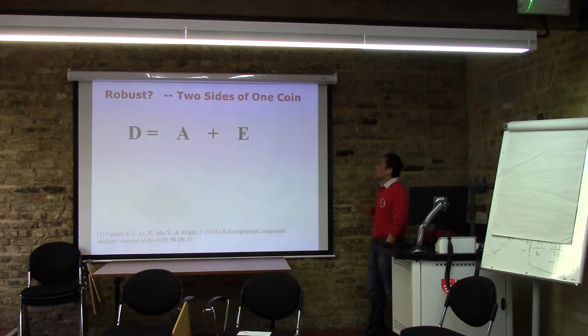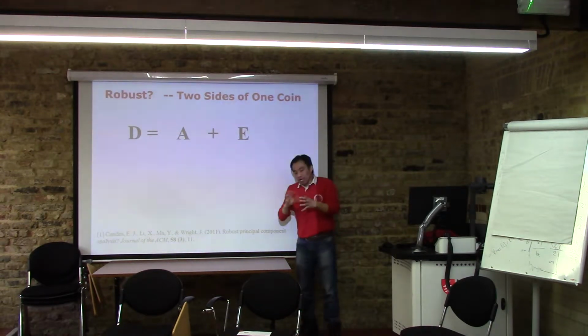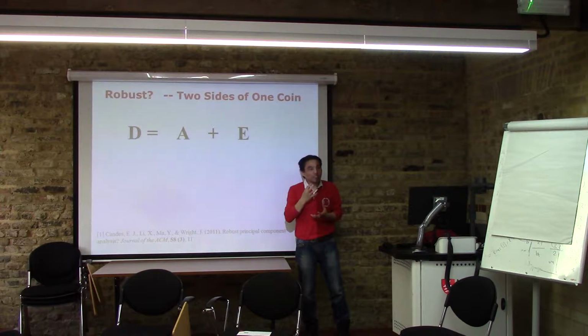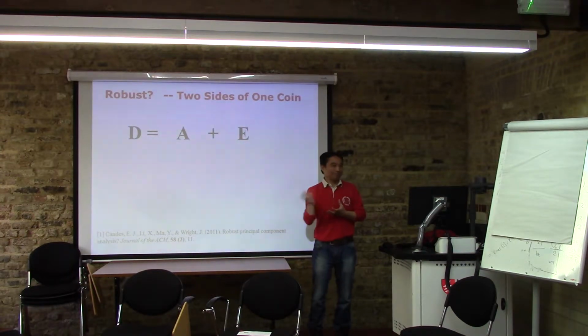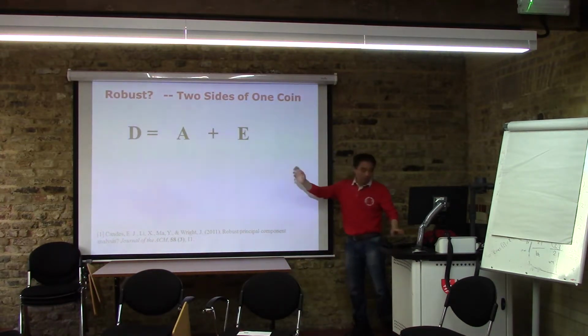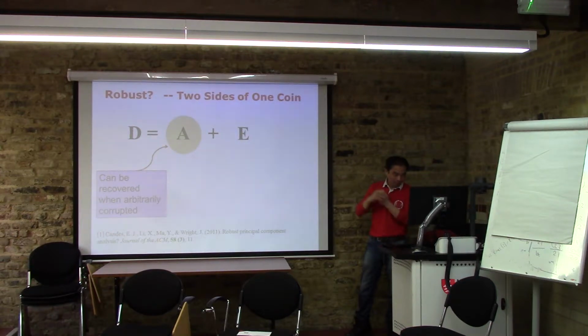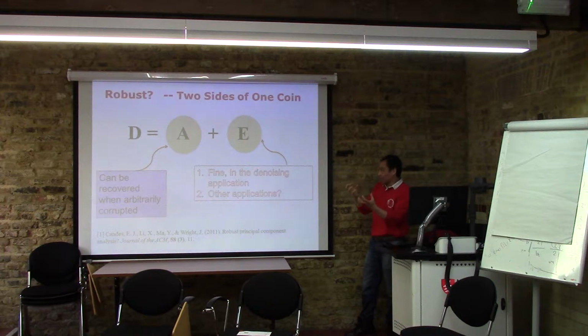Well, there are two sides of one coin. If this argument is applied to denoising only, that's fine. So we can recover the A, right? And we can denoise. So we can totally pick up A from E. But